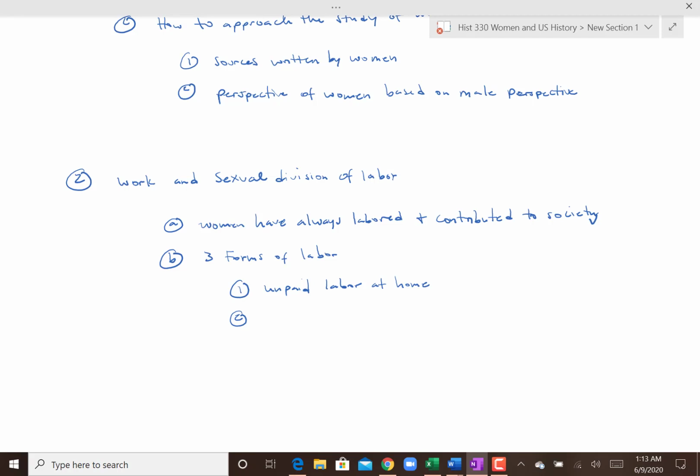It's something that's valuable and something that should be recognized, not something that isn't really labor. So it's a fallacy to suggest that women didn't start working until they worked outside of the home. You always had unpaid labor at home from the beginning of human society. That was there. Now the next one is slavery,